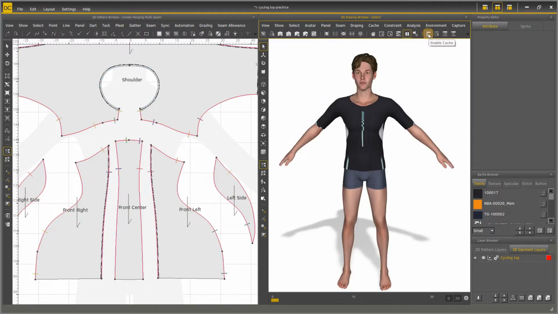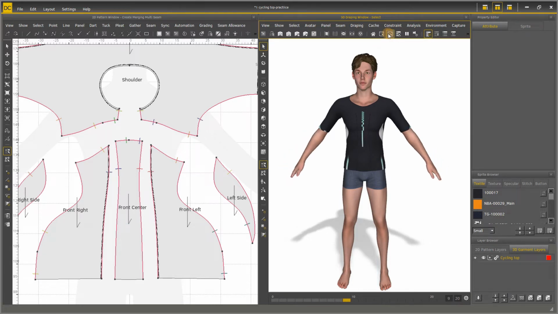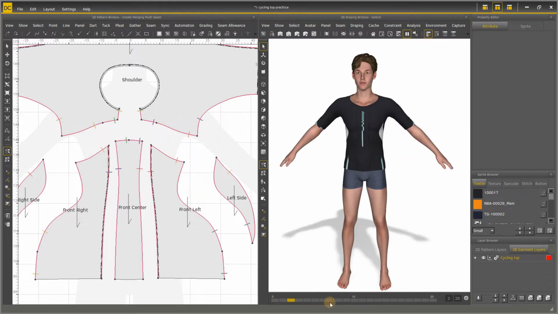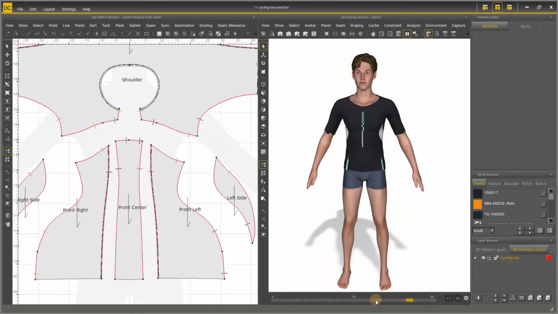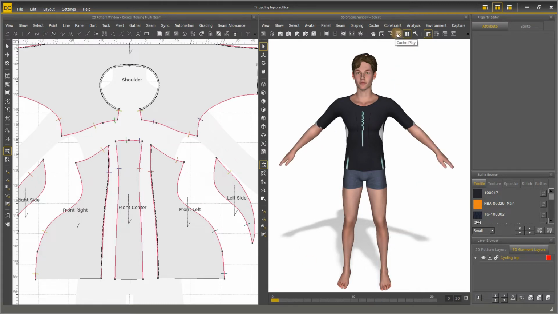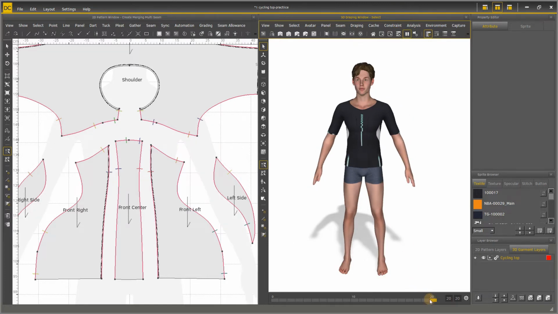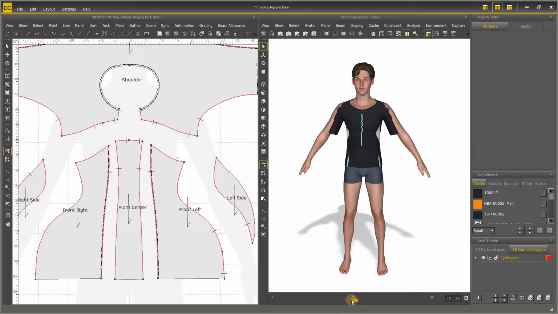If we enable the Catch and click Dynamic Play, the garment will be calculated with the avatar animation through the simulation. And every frame on this time axis will be saved. If we go back to the first frame and click Catch Play, the animation process we just saved can be played again. If we move to the last frame and clear Catch, all the simulation process will be deleted and the garment will stay in the position of the last frame.